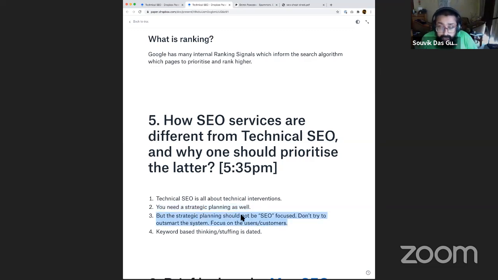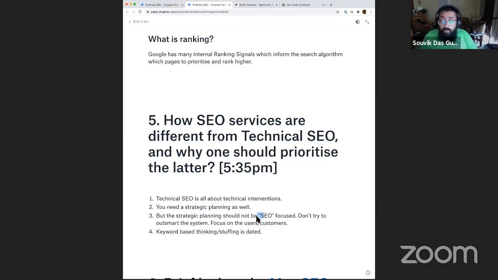But this strategic planning should not be SEO focused. If you are talking about the quality of clothes or the utility of clothes in a sports space, in comfort wear, or in casual homeware, those are things that people are generally talking about. You could use those terms while pitching to an investor, to a customer, to a manufacturer, or your vendors. They are universally known words, a universally understood language of communication.